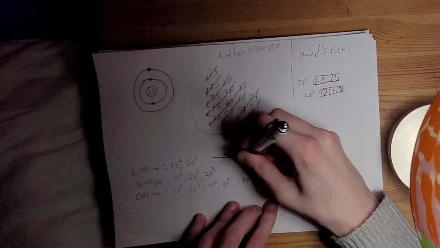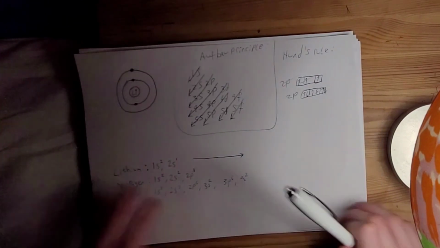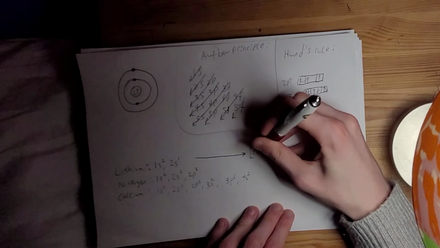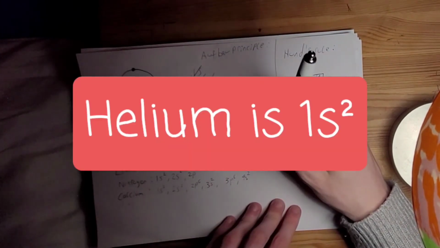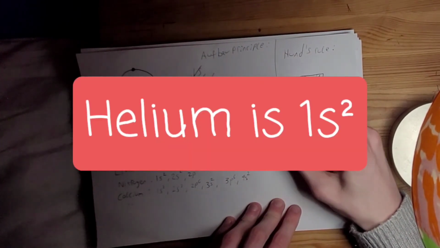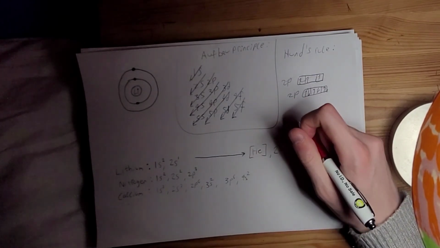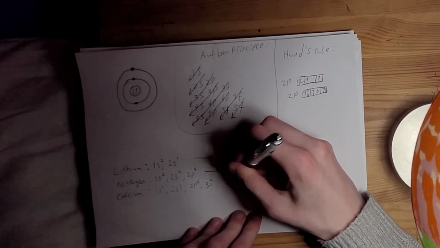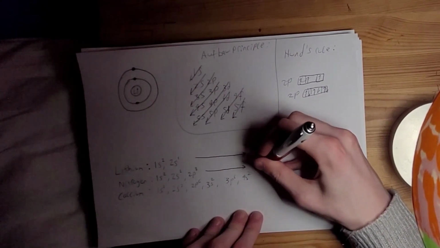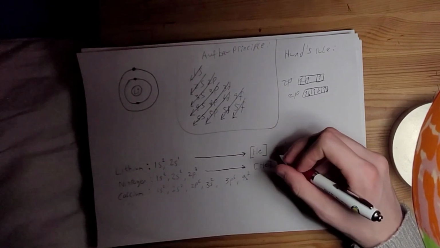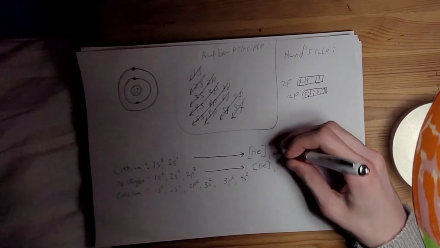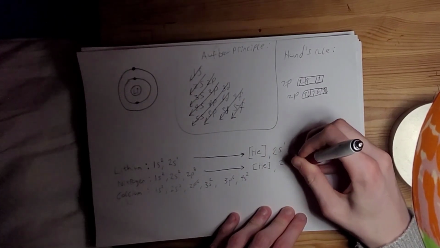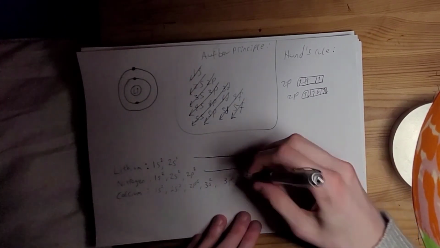So for lithium, we can say it has helium's electron configuration, which is just 1s2, plus 1 electron in the 2s subshell. Likewise, with nitrogen, we can say the same thing. It's got helium's electron configuration, plus some calcium,